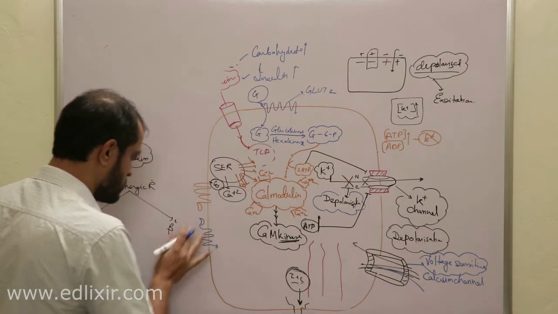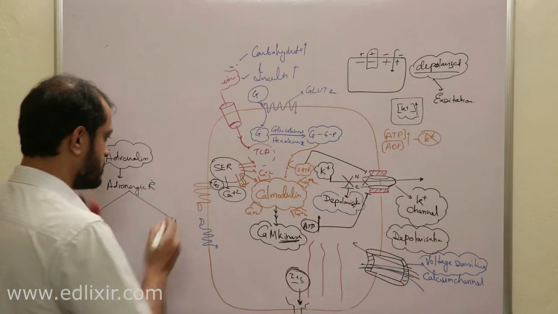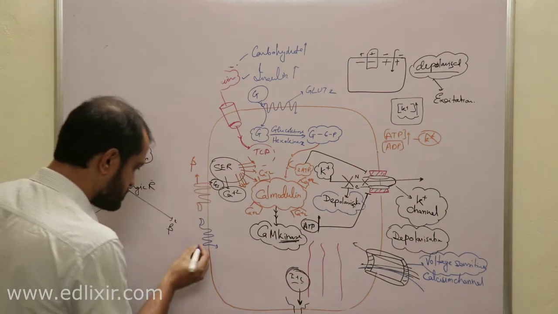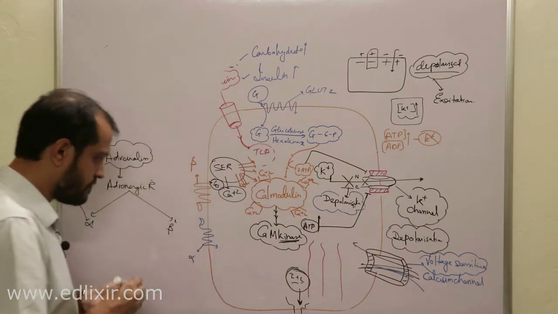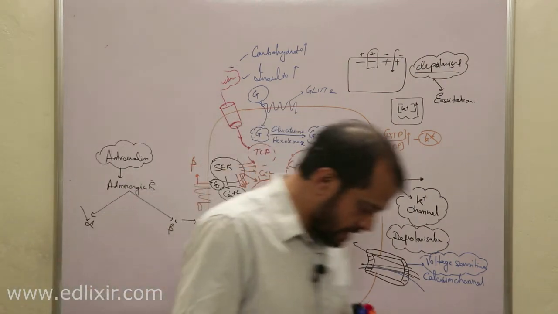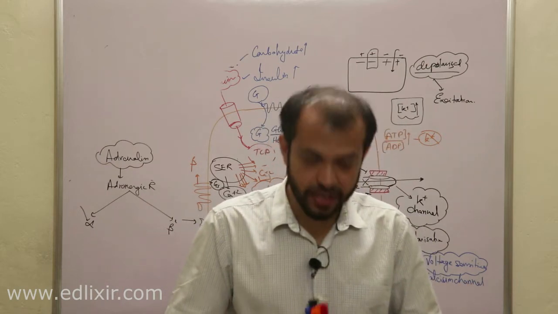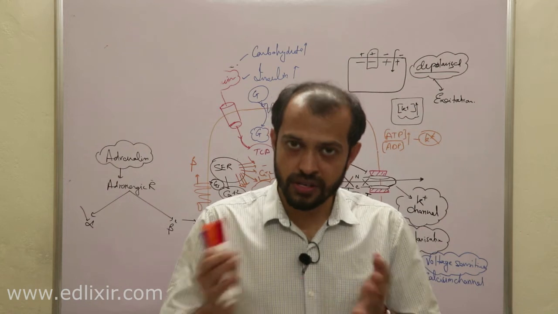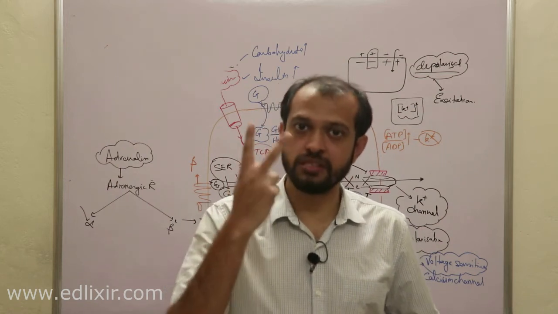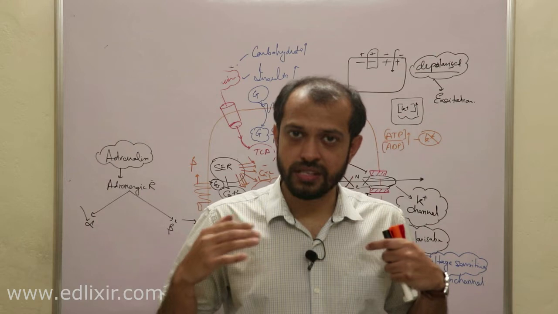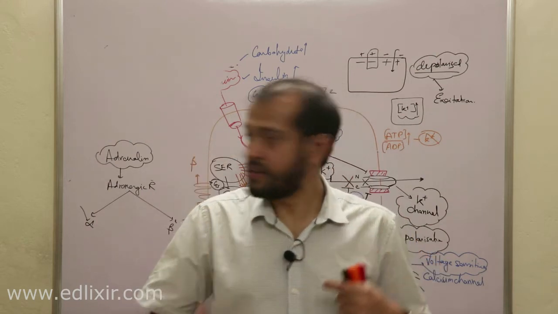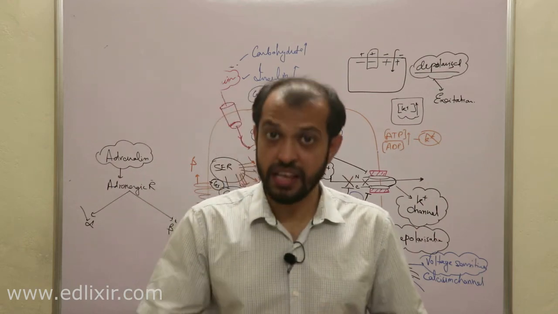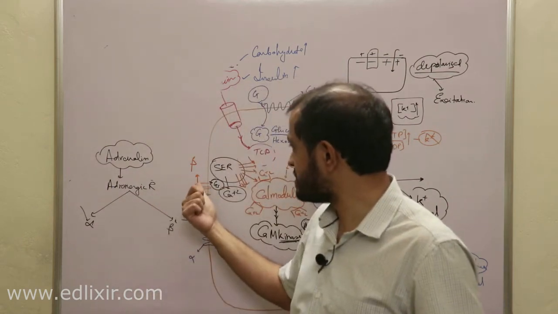Let me draw with identical colors. Suppose this is your beta receptor and this is your alpha receptor. You also know that whenever we are exercising, we are under stress, that means exercise is a stressful activity. During stress, S for stress, S for sympathetic activation, the sympathetic system will fire and release adrenaline. Now a very important point you need to understand is this, that if all the beta receptors are activated,